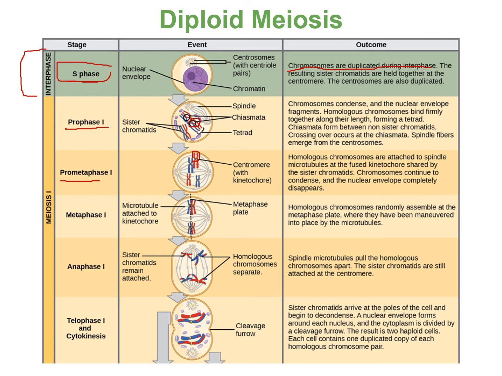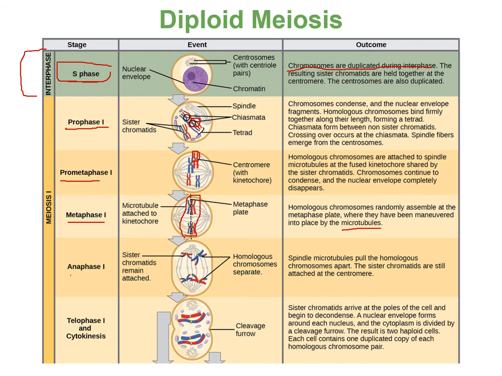Then we enter into metaphase 1. So remember, what happens in metaphase? The chromosomes are going to line up along the metaphase plate. So you can see the chromosomes, they kind of align in the middle, getting ready for the dissociation events to happen. So they maneuver to the middle as they are governed by the microtubules, moving them around.